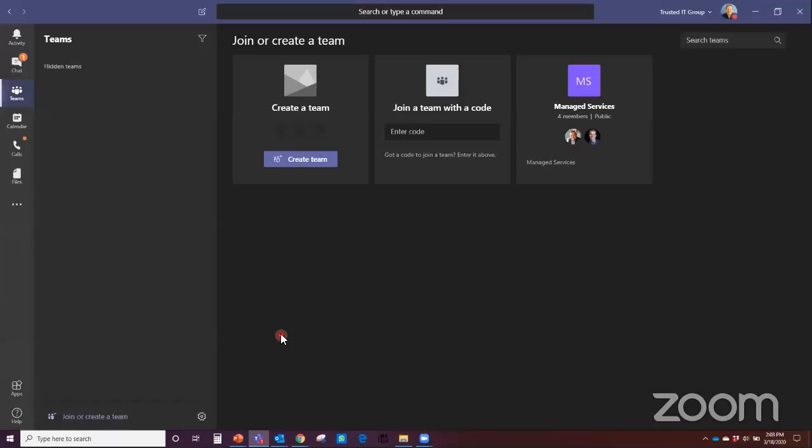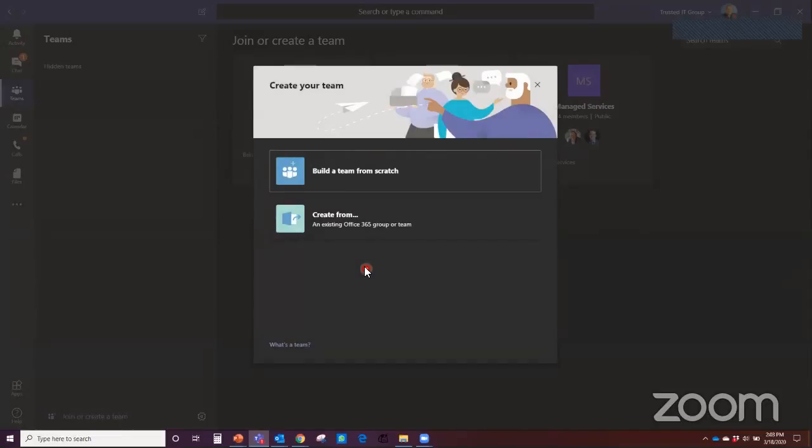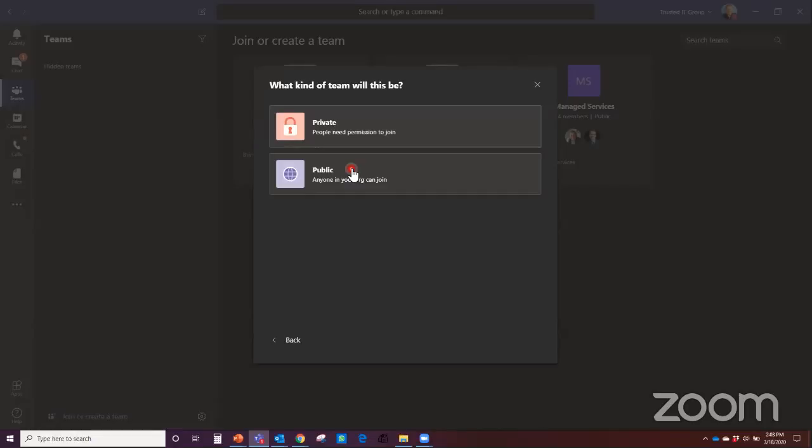Okay, without further ado, let's get into Teams. So foremost, what do we want to do? We need to create the team, okay? So we'll go ahead and create the team, and the option is, build the team from scratch or from an existing Office 365 group. Remember, this is a part of your overall Office 365 environment, so your Active Directory governs all of these securities. If your groups and roles are set up by your IT team, you can go ahead and do that here. For the purpose of this presentation, I am going to create it from scratch,